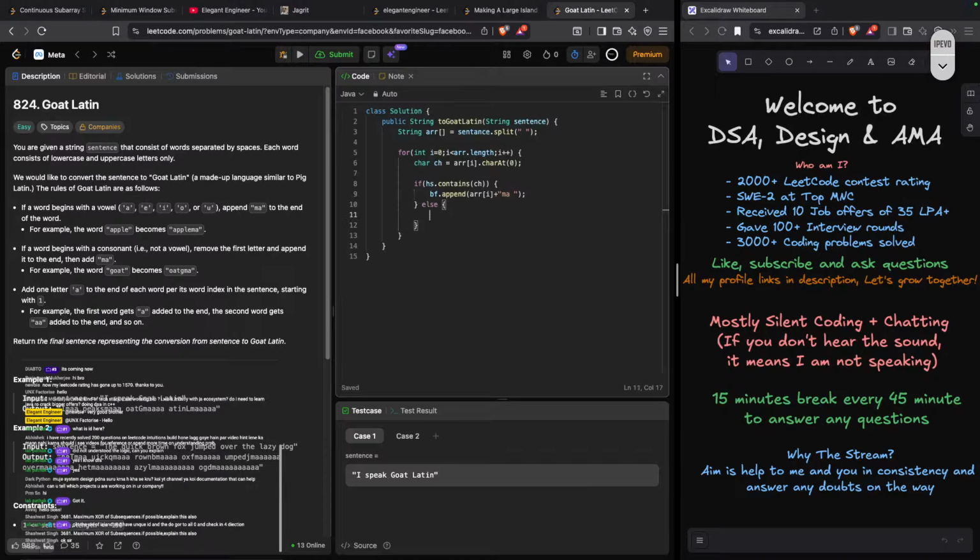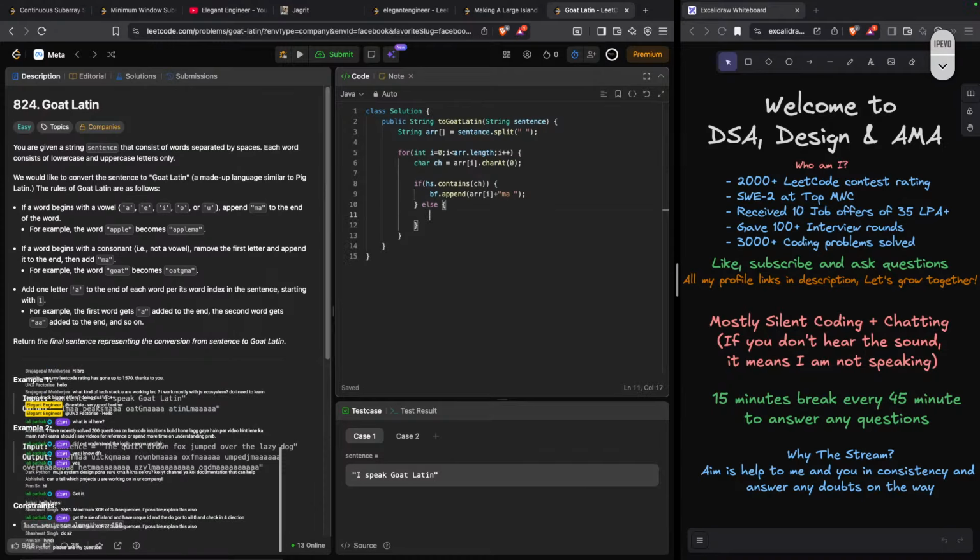Else, so bf dot append array. Now it could be one length also. Do I need to care about it? I don't think so. It should automatically be 0, right? Array of substring 1 and then plus ch plus ma space, and then here one thing I have missed is I have to append A x number of times, right?